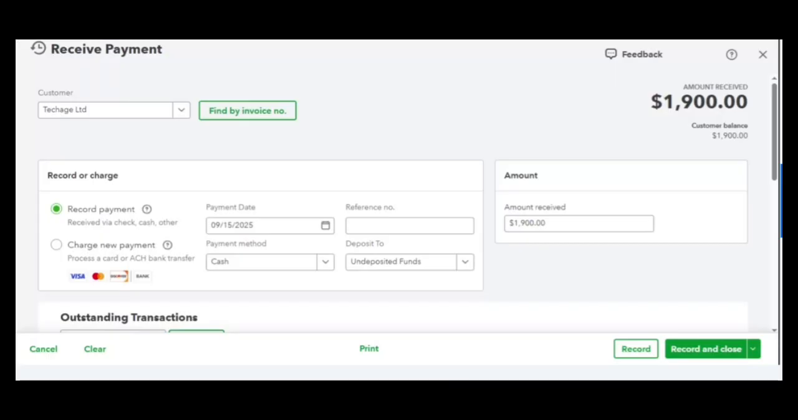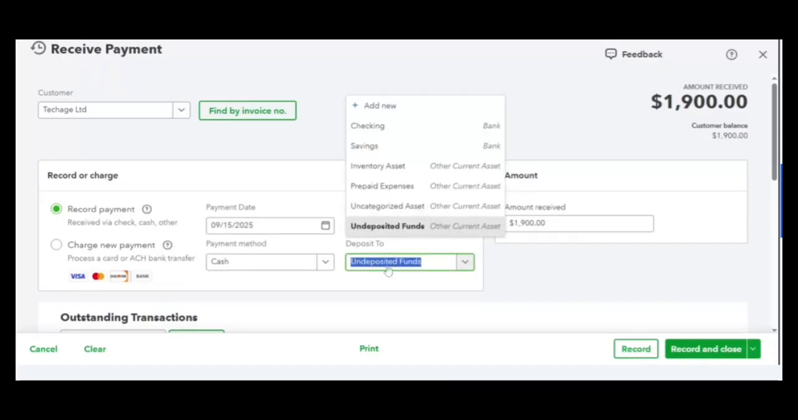Is it money that was given to you and then you placed it in your undeposited funds account, or you placed it in any of your bank accounts? If that is the case, you choose the account that it was placed in. So